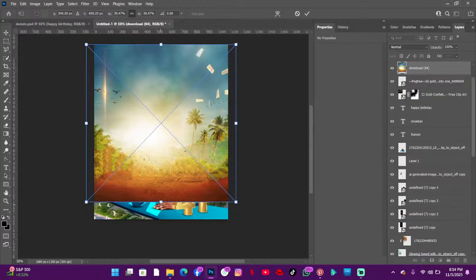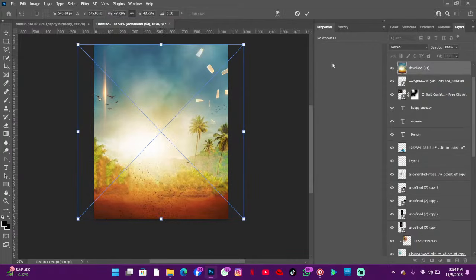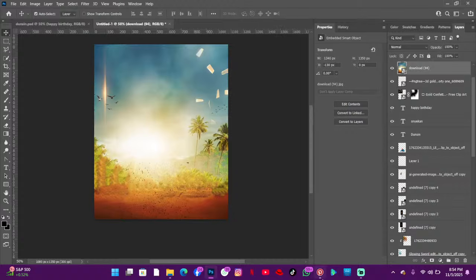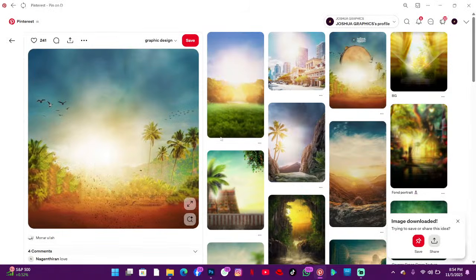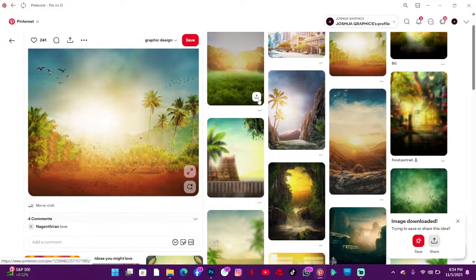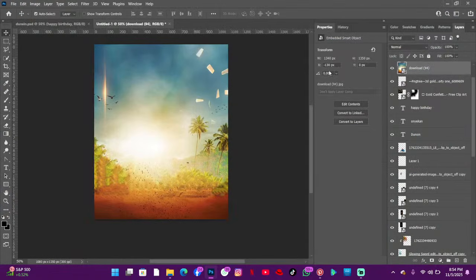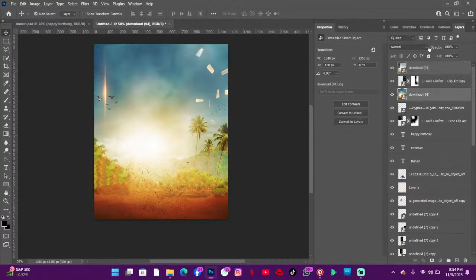This is just to color grade my design because it's having a mixture of blue and gold, so I had to search for this on Pinterest. You can see these are other options. I just chose this one, and I'm going to move it